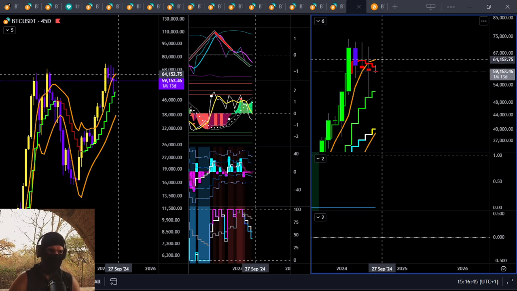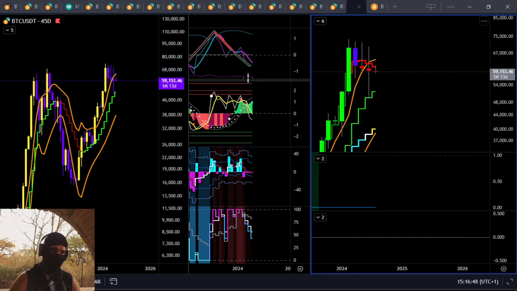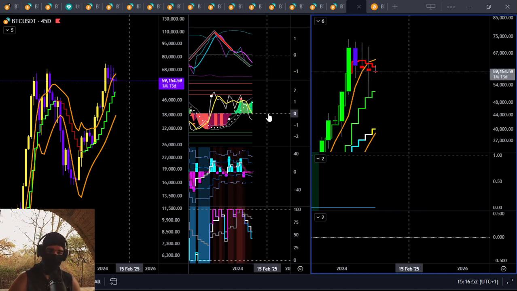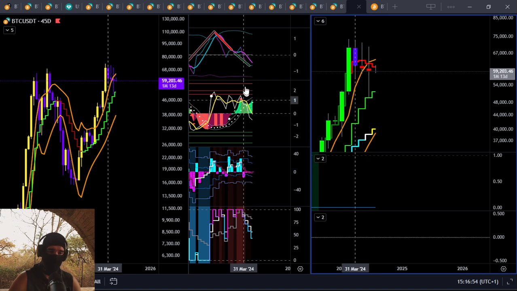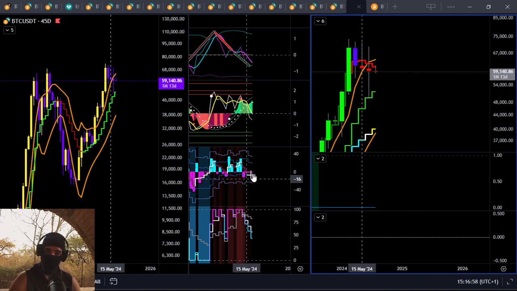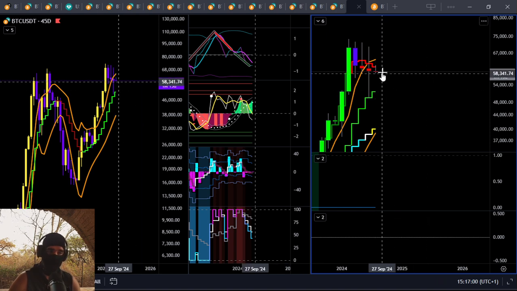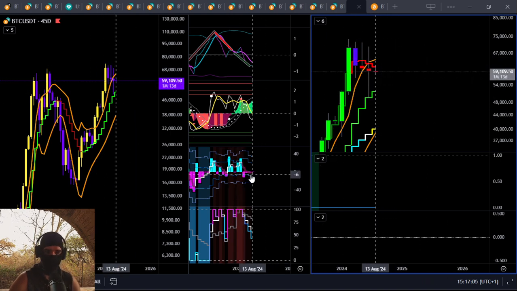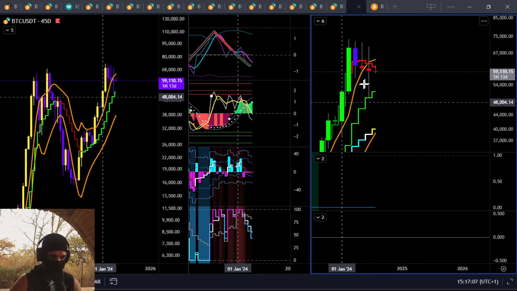But if it doesn't fail, 64,152, you hold above there, you'll have your hidden bull div put in on your RO. Your DLP is looking a little bit choppy on your RO. ALR has got that funny signature that we're looking at on the 90-day. So look for a target somewhere in here, maybe on the lower time frames, to see if that can offset a bullish drive.